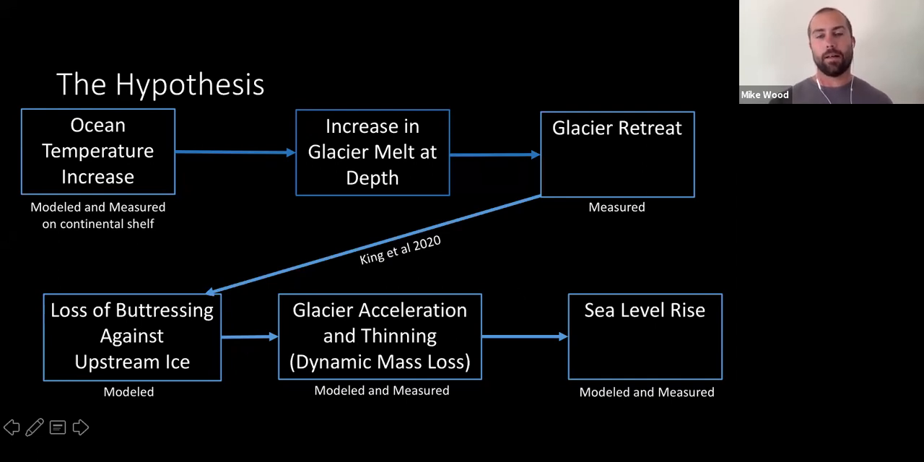And then recently, I couldn't go through this hypothesis without highlighting Michaela King's paper this year, which really connected strongly the glacier retreat to the acceleration and thinning that we've seen on the ice sheet. So it's this link that my research has really been focused on. And if we look at what we knew in 2013,